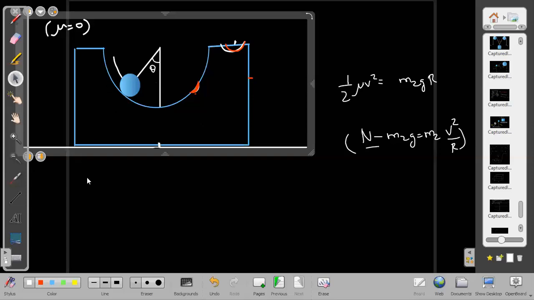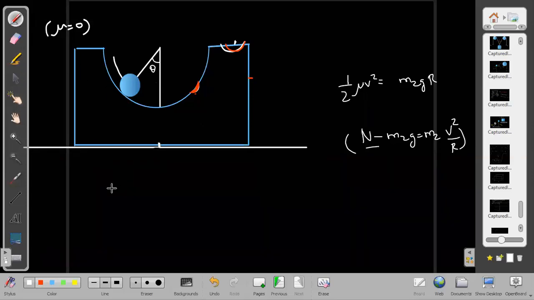Let this relative velocity be v here, and it has one component which is horizontal, one component which is vertical. Let us write everything in terms of relative velocity. Things will become much easier that way. v cos theta is the relative velocity along x, that is vx relative. What is vy relative? It is v sin theta. vy relative as well as vy in the ground plane, both are the same.